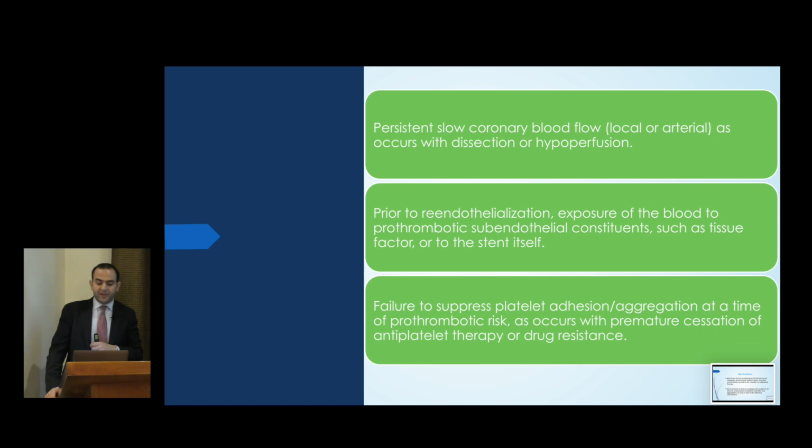Persistent slow coronary flow, local or arterial, as occurs with dissection or hypoperfusion. Anytime we finish a procedure, ACS with TIMI flow 2, usually it's not as good as TIMI flow 3, of course. Prior to re-endothelialization, exposure of the blood to pro-thrombotic subendothelial constituents, such as tissue factor or the stent itself. Failure to suppress platelet adhesion and aggregation at the time of pro-thrombotic risk, as occurs with premature cessation of antiplatelet therapy